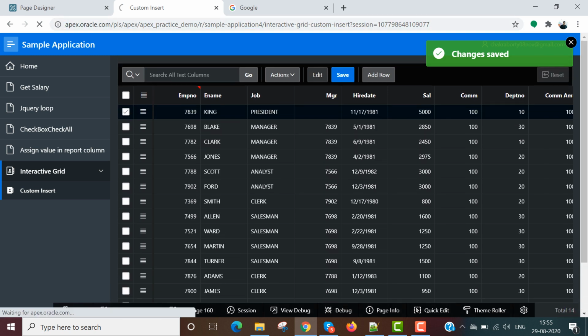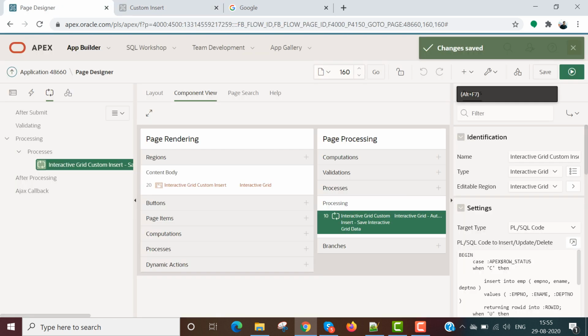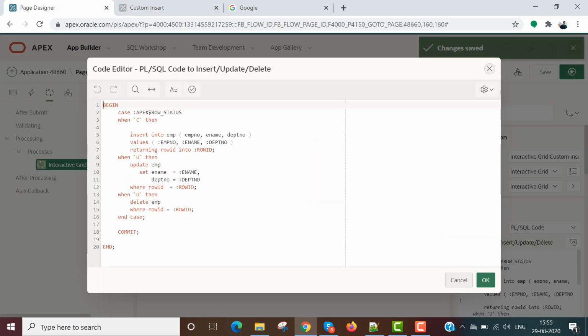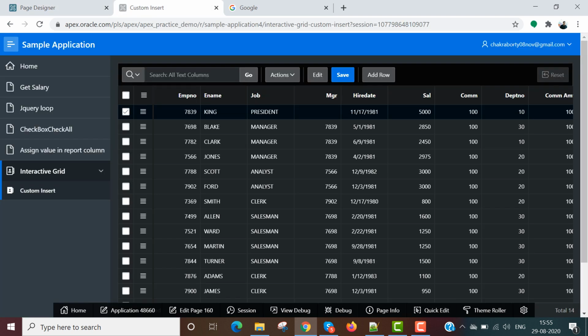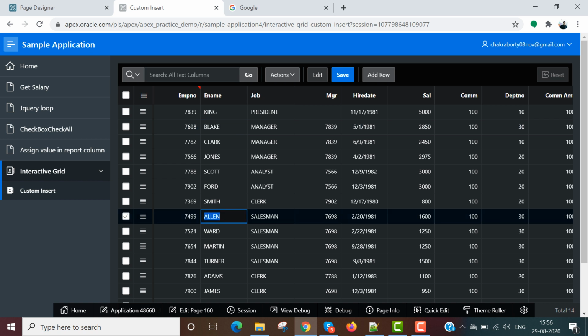If I refresh it, it's not saved because the salary column is not updatable. The only updating column is employee name. So if I change the employee name, Alan, to Priyabrata or whatever,